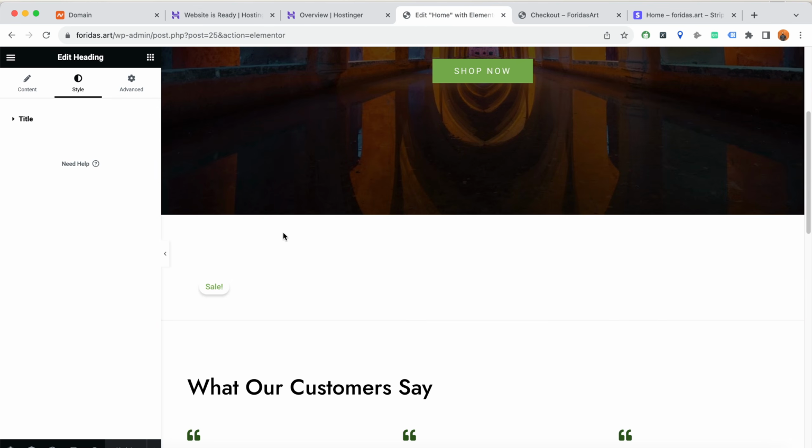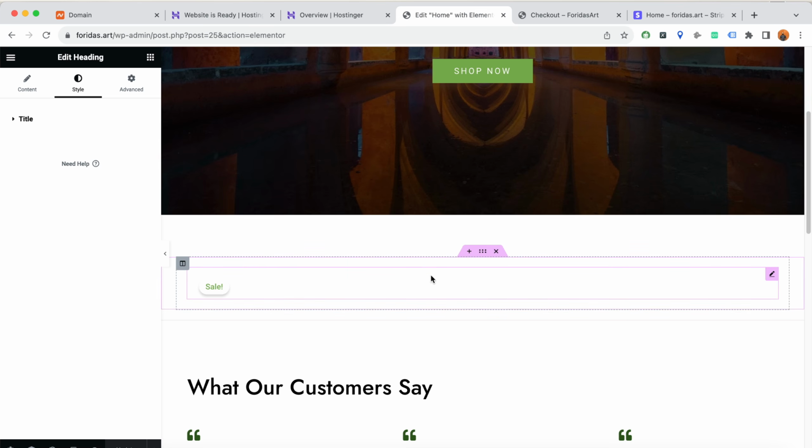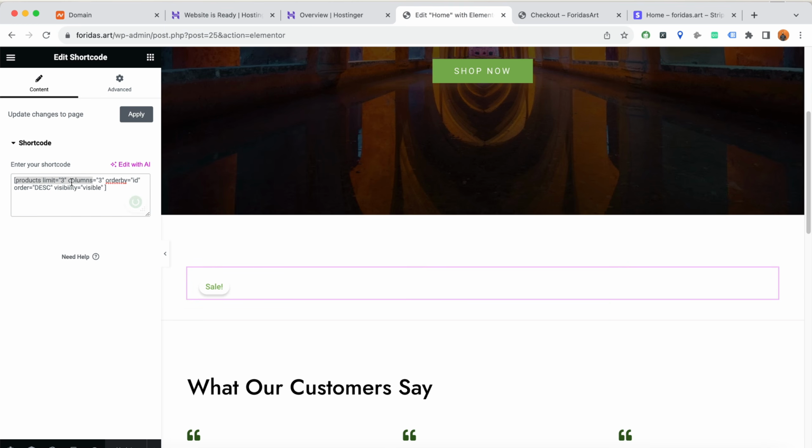Now let's say you want to add a section right here where you want to show the featured items. So by default, we are seeing the products. If I click here, I should be able to see that products limit, columns, and order ID, then visibility. So all of the products, basically the normal products are appearing here, but you want only the featured ones should be appeared right here on this page. How can you enable this one? Although we have got one product, but let me show you the process. So if you have got thousands of products, hundreds of products, you can follow the process and do the setup